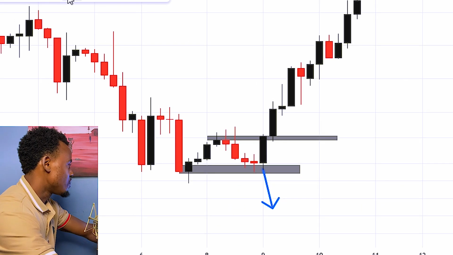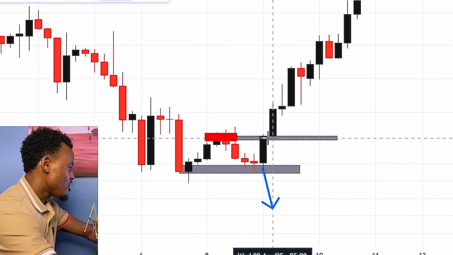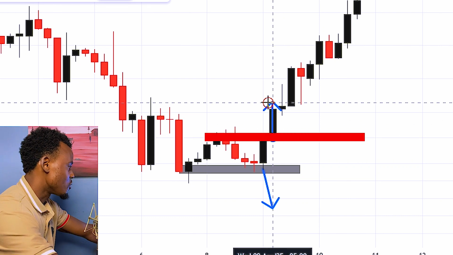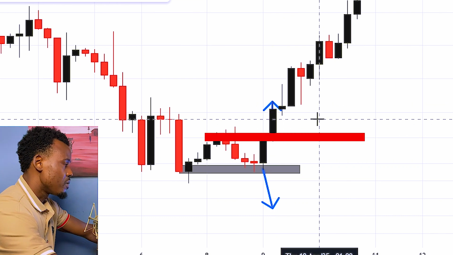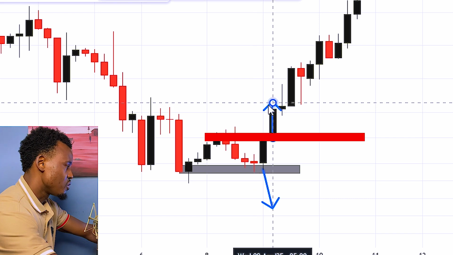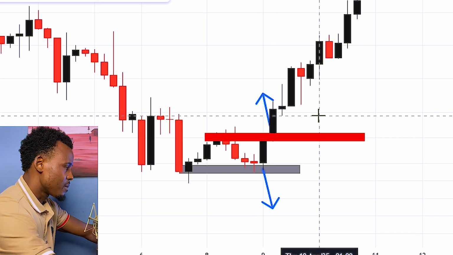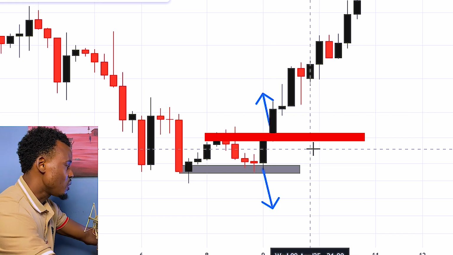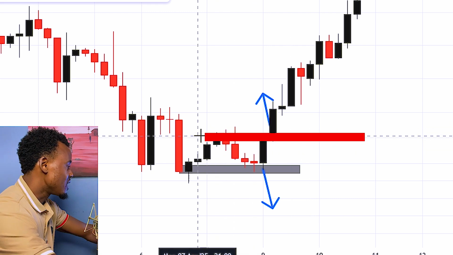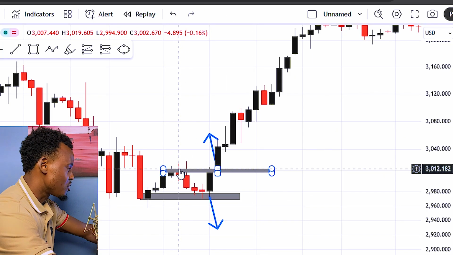And if you get to this recent high and price breaks this zone, then I will keep buying. Now you are waiting, and immediately price breaks through this resistance zone right here,